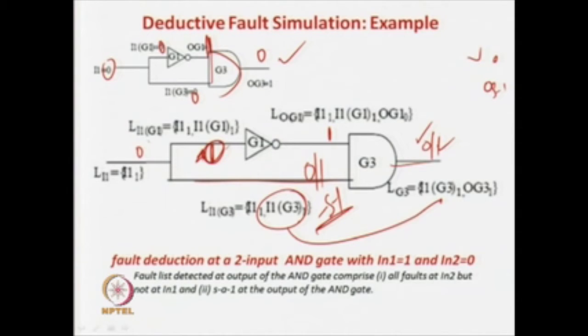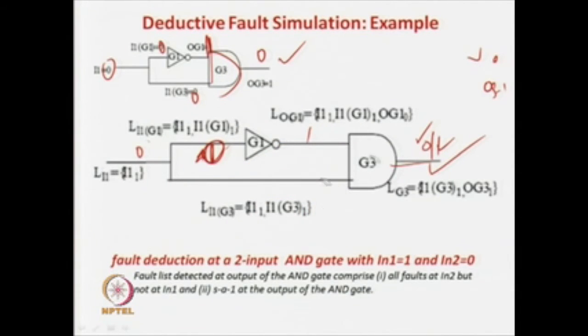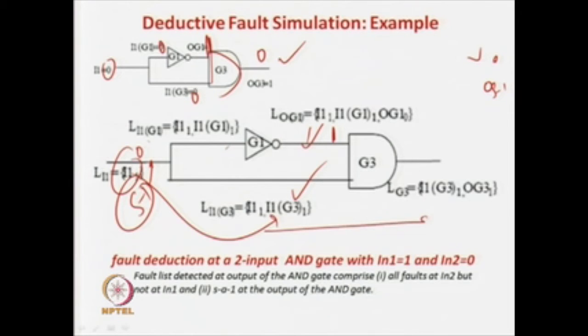Now, why is it possible? Because this stuck at 0 fault, sorry, this stuck at 1 fault at this net has no effect in this line. So, it propagates to the output and it can be detectable. But this fault, that is a stuck at 1 fault over here, at this point affects this net as well as this net, both of the nets are affected. So, even if this net is 1 and this fault list is available over here, it cannot propagate to the